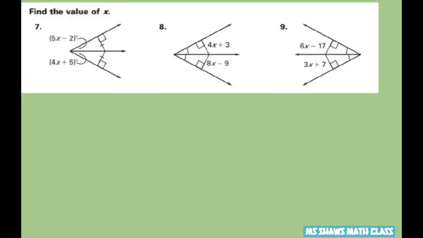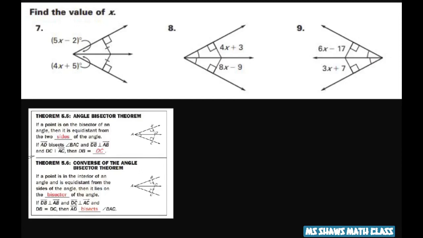Everyone, in these three problems we're going to find the value of x, and we're using the angle bisector theorem, and in case of the first one we're using the converse of the angle bisector theorem. So basically for the first one, the converse of the angle bisector theorem, if we sum it up, is you